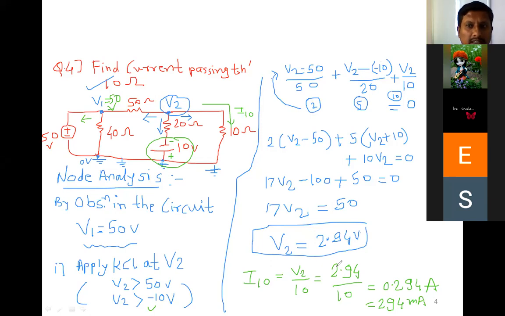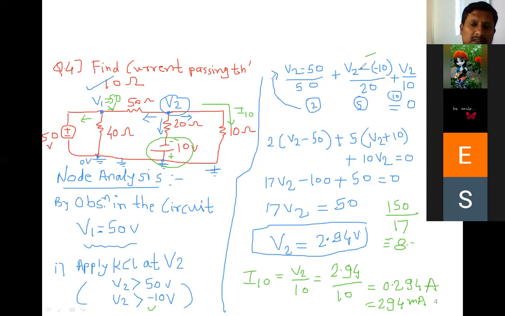Someone can do the answer like this. Suppose I had put V2 -10 here, what would have happened? The 17 would have stayed the same. Only here, -100 and 5 into 10 is -50. So -150 goes to the right hand side, plus 150. V2 is equal to 150 divided by 17 would have been the answer. So what will happen if you make that mistake? 150 divided by 17, so nearly 8 point something you can get as the answer. So you get the wrong answer. Plus minus matters a lot in the NTA subject, so that much care you have to take.